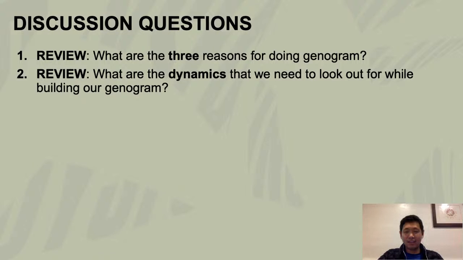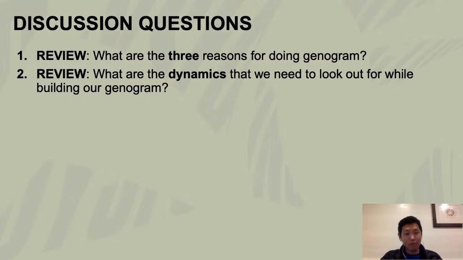Number 1 was roles. Different roles that we take on. Strengths and weaknesses was not one of them. It's not technically one of them, but I mean, that is part of it. That's what you're actually doing for the genogram rather than the dynamic. That's not really a dynamic. That's more of what you're actually doing for your genogram. Okay, so dynamic number 1, roles. Number 2, set of rules. And number 3,